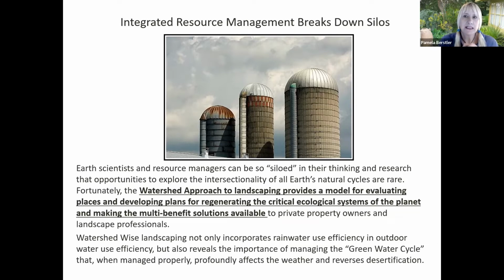And I think we consider this watershed approach to be a model that we can rally around, and that we can entice people from all these different silos to come together and start with a watershed approach to landscaping, and then take that back and begin to think about it in the particular area where they are practicing or focusing their efforts. So to recap what we have talked about so far, and sort of preview,